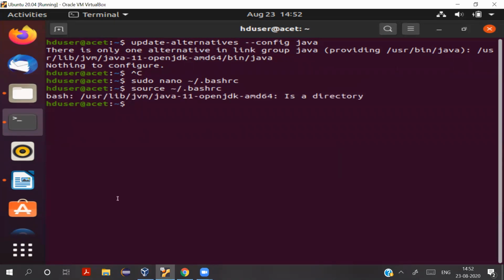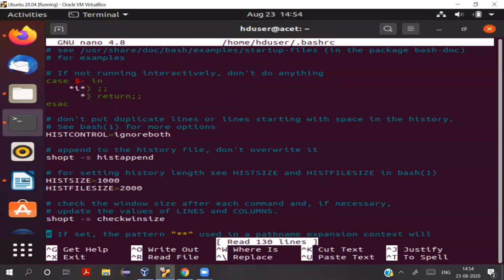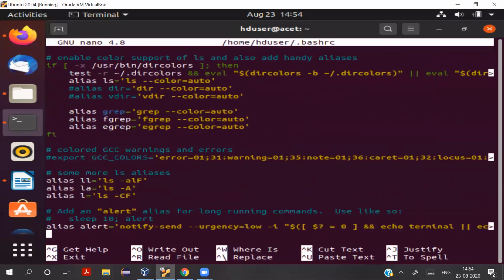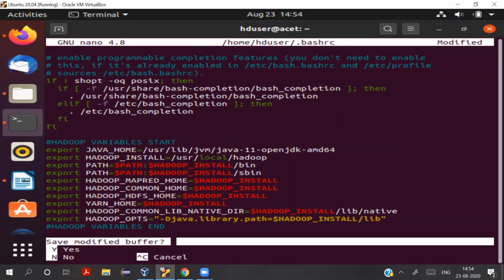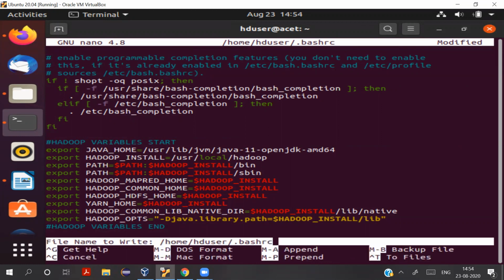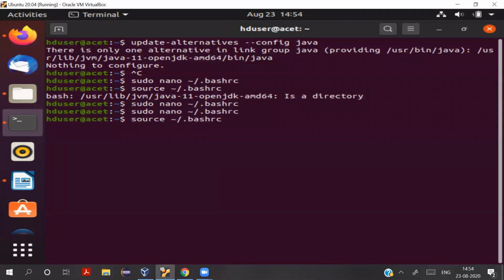There's some problems with the path. Let me just rectify it. So let's open our .bashrc file once again to see why the error is coming. Maybe we have left something which should not have been there. Yeah, this thing is not needed here. This was just copied; we didn't remove it. And now, you see, source. This command would tell you whether everything is fine. Yeah, so now there's no message. So everything is fine with our .bashrc file.